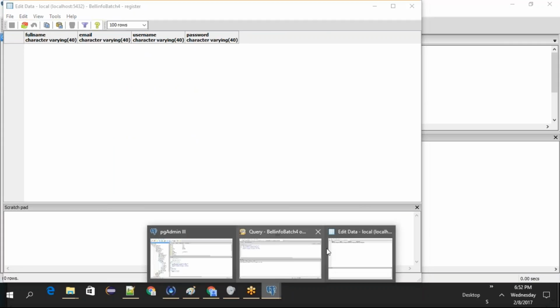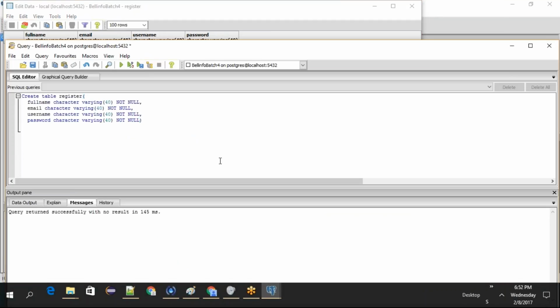Let's try another option of inserting. You just created the table and you want to do another operation called insertion. Insert into register, a table named register. You don't need to specify the columns, you can just provide values as well. Values,